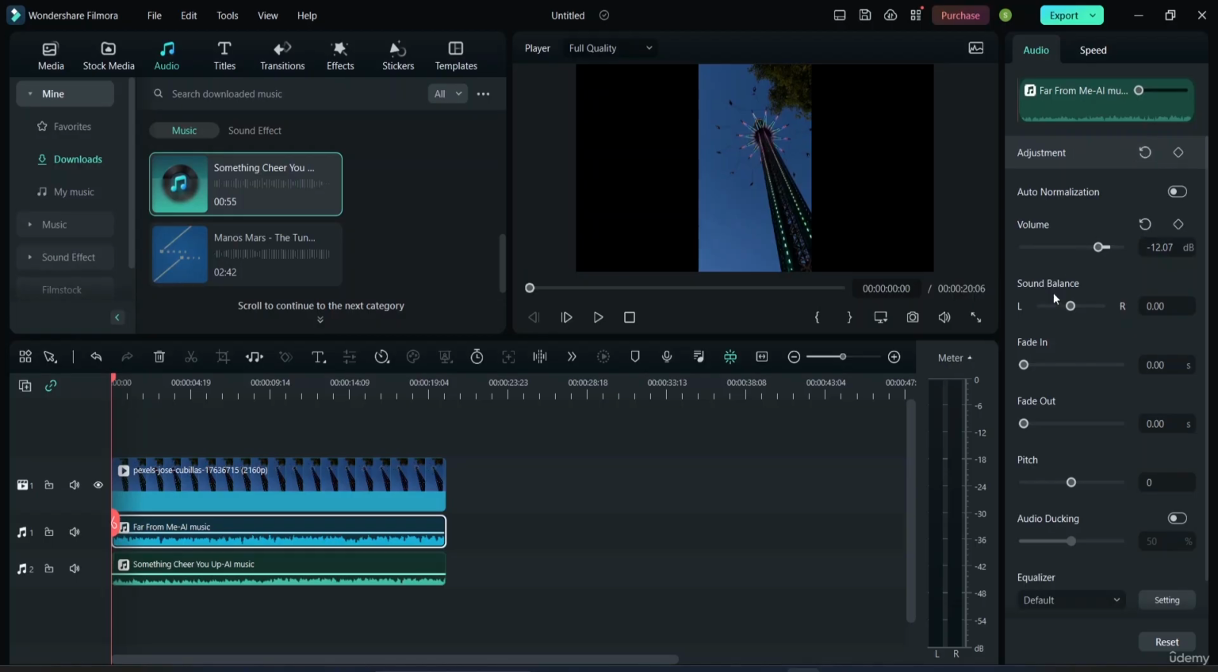Okay. So now what I'll be doing is I will come to this sound balance option. As you can see, this option is right in the middle. So what does that mean? Suppose you are using any earbuds or any earphone. In that case, if I come here and in my sound balance, if I go towards the left, what